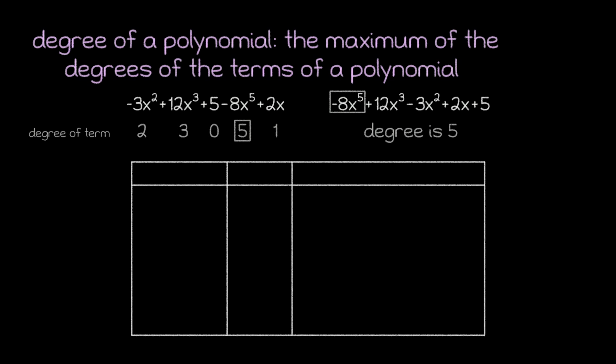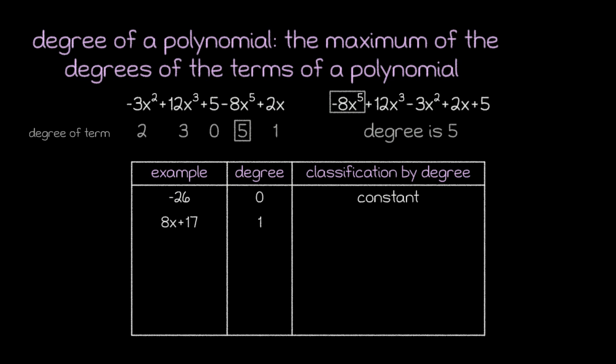With that, let's get to our degree terminology. If the degree of a polynomial is 0, we call it a constant polynomial, or just a constant. If the degree is 1, though, we call it linear. Next, we have a degree of 2, which we call a quadratic. This is the classification that the next several videos in this series will focus on.